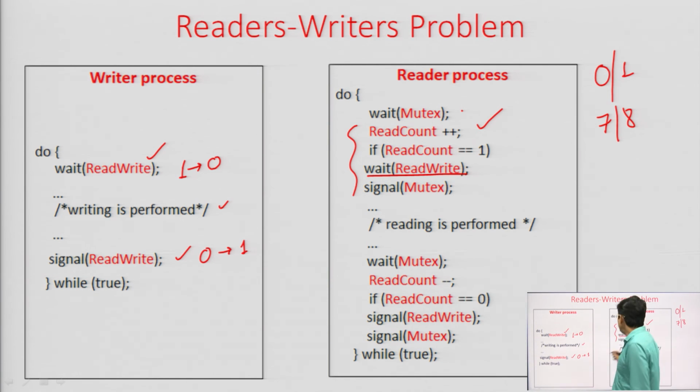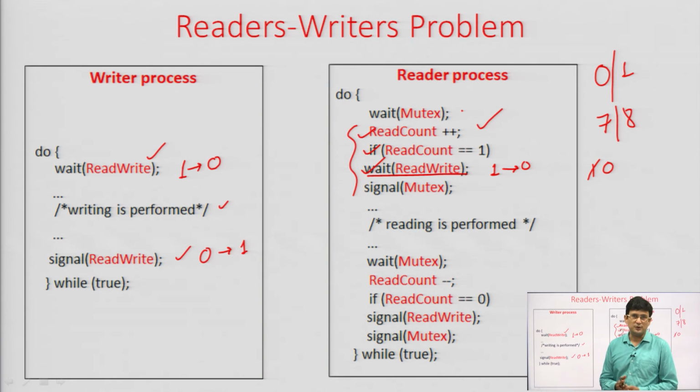Now, if this semaphore value is 1, then the reading can be allowed. If the semaphore value is 0, we will wait. So, if the read write value is 1, we will bring it to 0 so that no other writings can be performed since one reading operation has started. So, this entire thing is taken in a mutually exclusive way, so that all these 3 statements run in a mutually exclusive way. If the preemption takes place in between, we will not have a better solution. Okay. So, reading is performed.